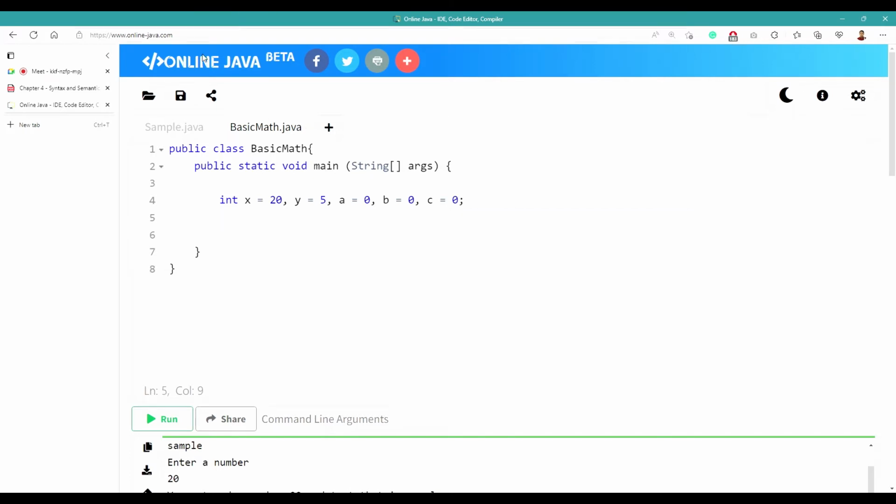So I have x, y, a, b, c. That gives me 5 variables. x is equal to 20, y is equal to 5, and a, b, and c are equal to 0. Okay? So for example, I'm going to have here